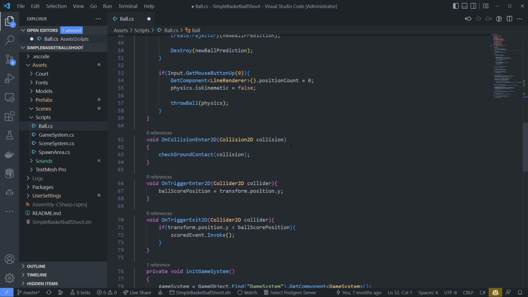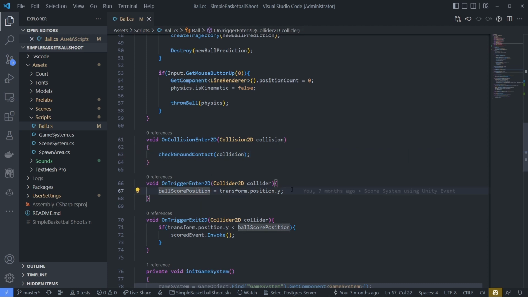And then on collision enter, have check ground contact and trigger enter. Basically, this is when we got our ball score. We will play NetSwish, and here we will play the ball bounce.